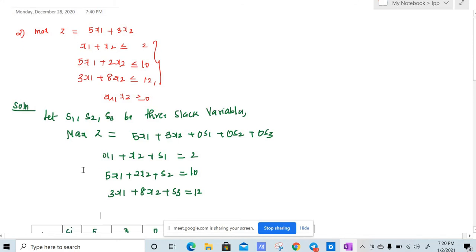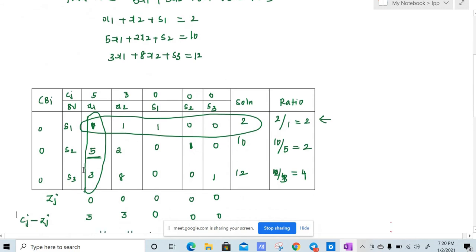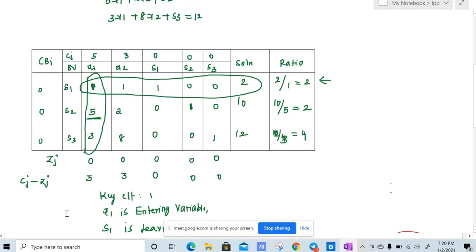Now again do iteration 1. So just substitute the data here and write all the coefficient values, and you form zj. What is zj? For the first iteration table, the initial simplex table, our zj will always be 0, 0, 0, 0, 0, and cj minus zj is 5, 3, 0, 0, 0, right? And you can see for maximization, all cj minus zj have to be less than or equal to 0, but here you can see all values are greater than or equal to 0. Therefore you need to choose the maximum element in cj minus zj.